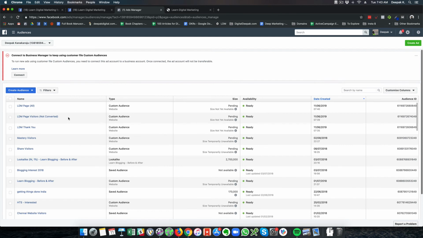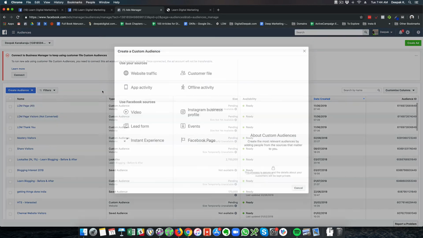So this is lookalike audience. The three types of audiences are custom audience, lookalike audience, and saved audience. Lookalike audience is basically built from a custom audience. Saved audience is what you do with general targeting inside Facebook, selecting interests, demographics, and stuff like that. This is the most basic type. Saved audience is not very powerful. Custom audience is very powerful, and lookalike audience is even more powerful for scaling your ads.